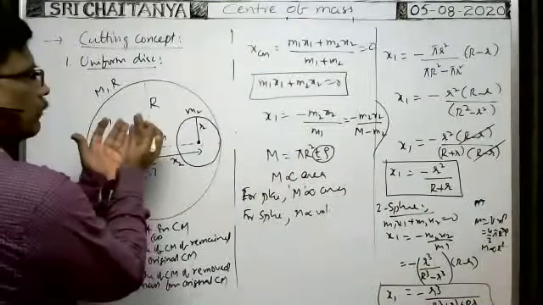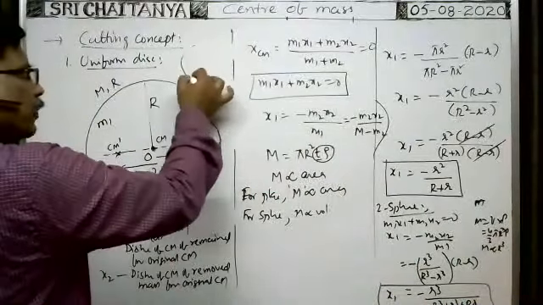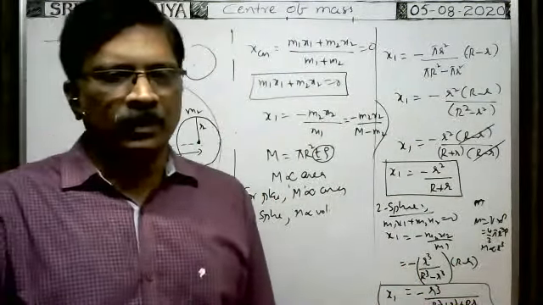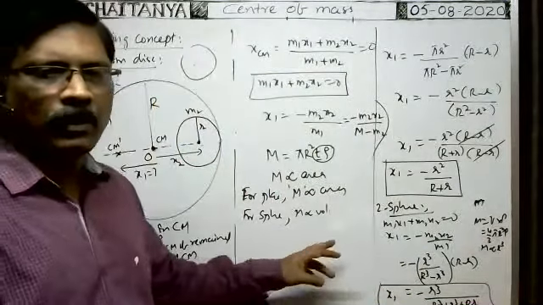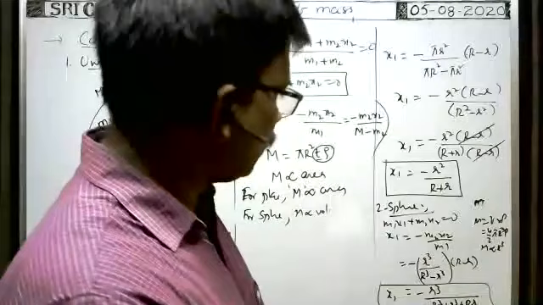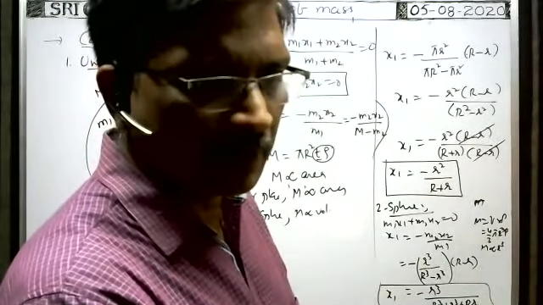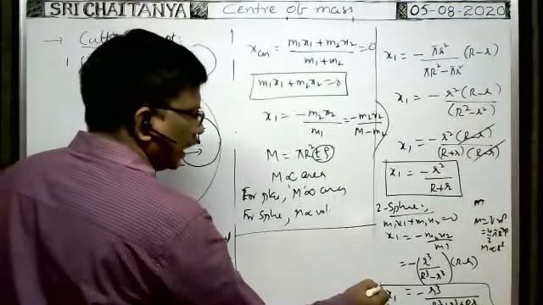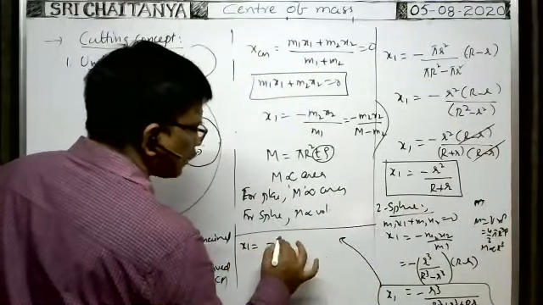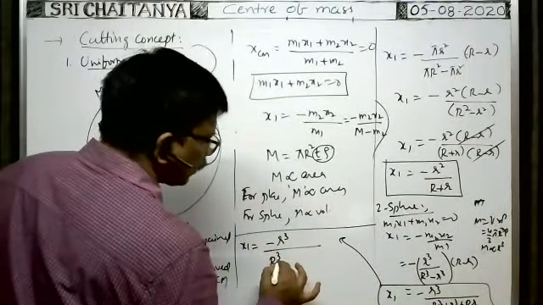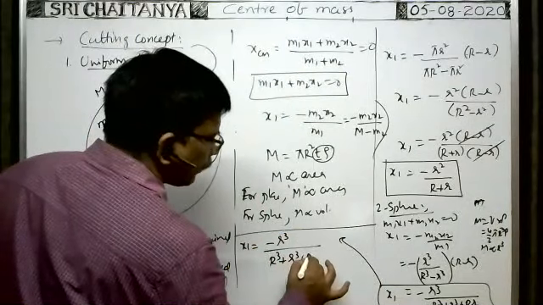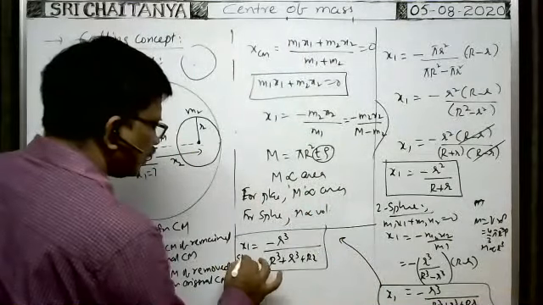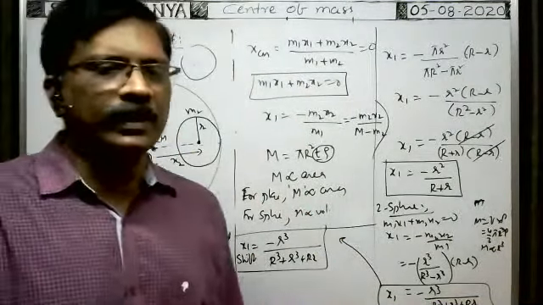Diagram is same, but sphere is there. Even in case of sphere also, exact at the center of mass we can imagine their mass. That's all. Whatever the shape of the body. You are unable to see that last step. Okay, x1 is equal to, you see, I will write here. x1 is equal to minus r cube by capital R cube plus small r cube plus capital R small r. It is the shift in the center of mass. Shift.